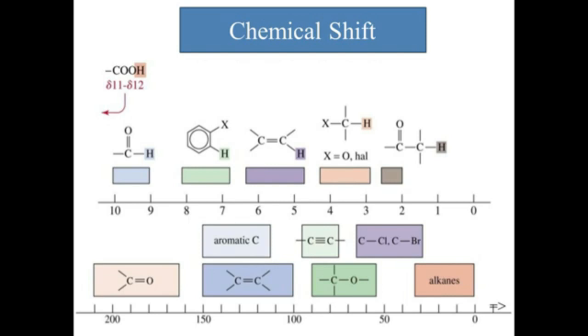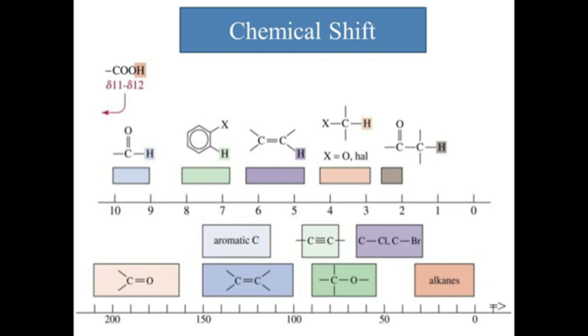If the proton appears in 0 to 1, it is alkane, and 1 to 2 is alkyne, and then 2 to 3, and 3 to 4 is a halogen group, in case one is present. For a methoxy group or some other halogen group, the protons appear in 3 to 4, and 5 to 6 is carbon-carbon double